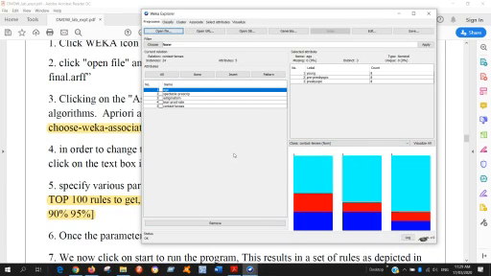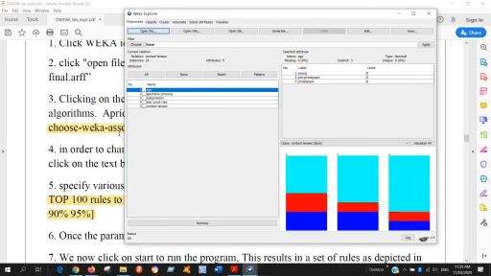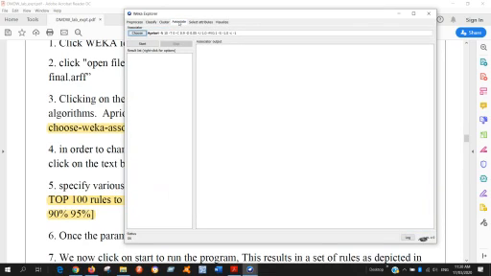For this program you can apply the association rules. Remember, girls: preprocess, classify, cluster, associate. What is our program? The association rule program. Click this Associate. Here you can find the default Apriori algorithm. The default algorithm for association rules is Apriori.